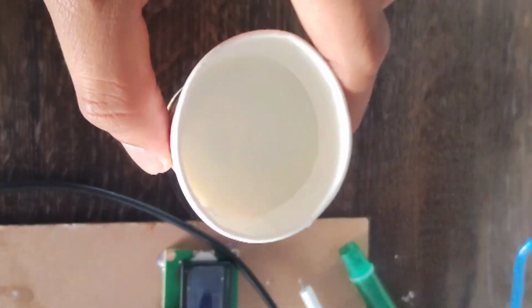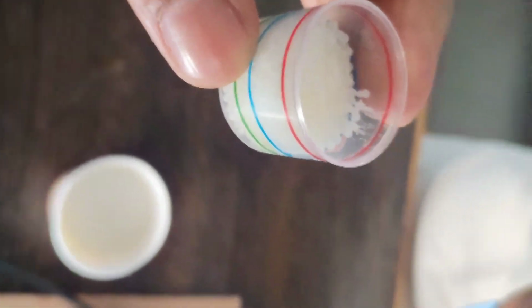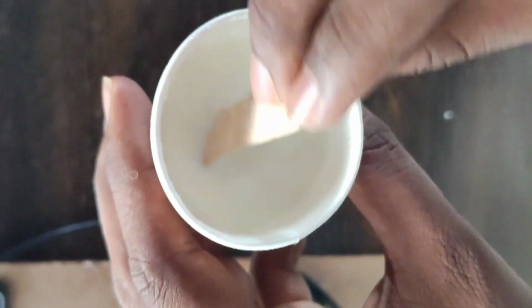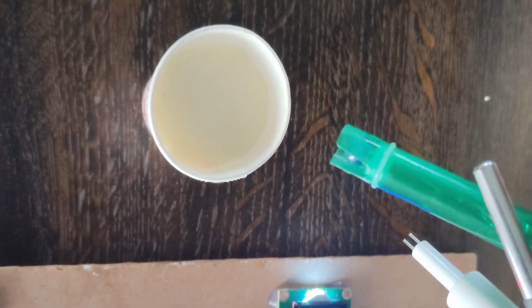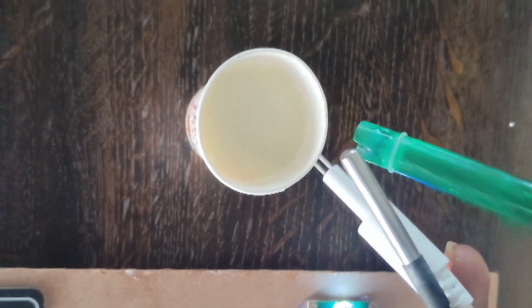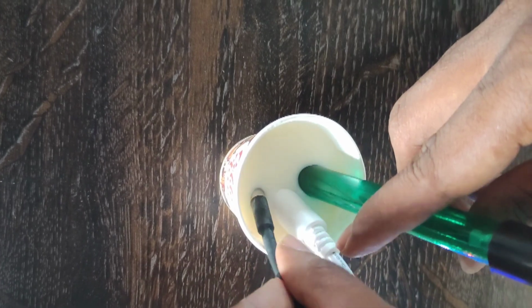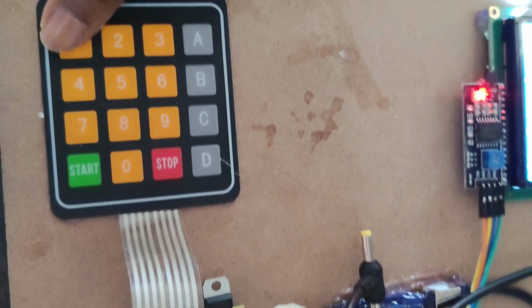This is milk. Here we have taken 30 ml of milk and a sample of urea, which is 6 ml, in a 10:2 ratio. Now we are going to mix urea in milk. Now we are mixing this sample with milk. After mixing urea in milk, now we are going to dip all the modules, the pH sensor, TDS sensor and temperature sensor. After dipping all the components, now we are checking the values.